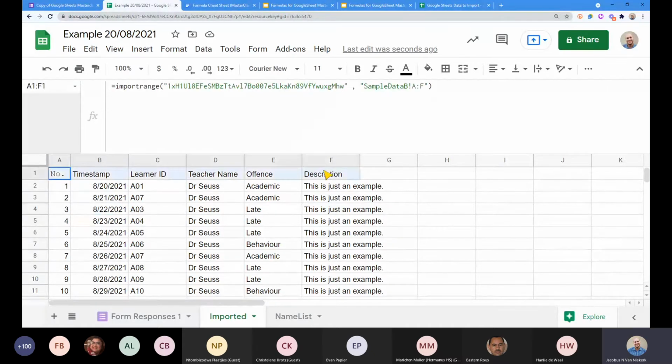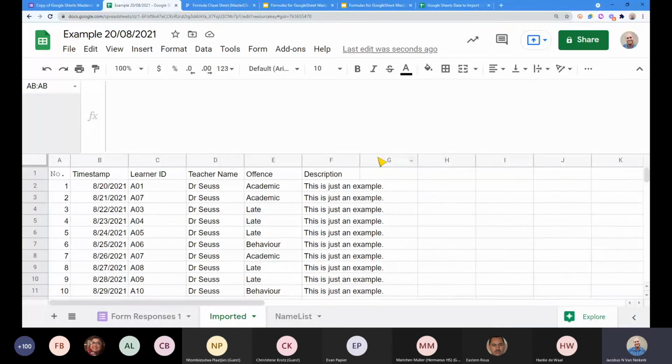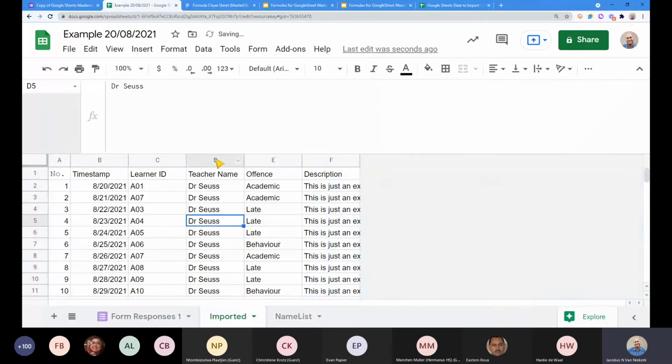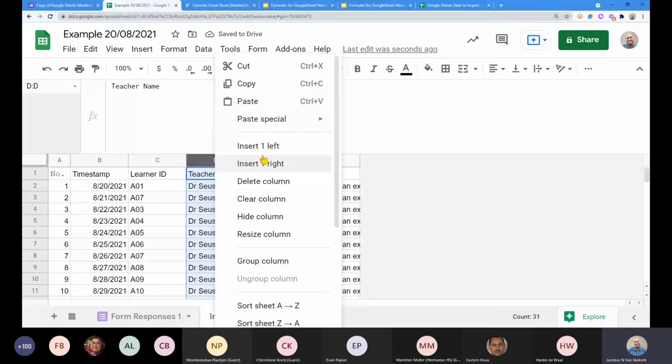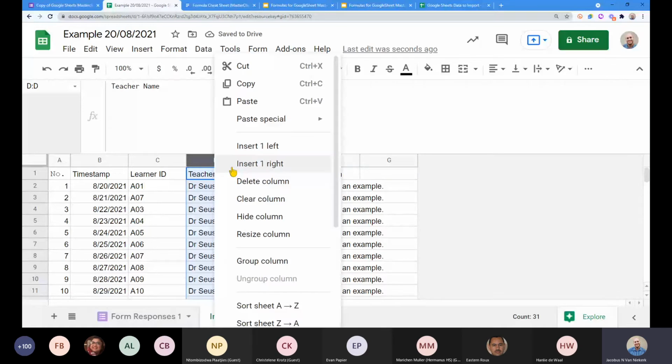And adding a column, just to show you here at the end, there are the two columns that I've added. So I can actually go, and let me just use this as an example, and delete these columns. If I go insert one to the left, you'll see it adds it, but the information just jumps back quickly. Insert one to the left, and insert one to the left. Now, how do I get around this issue?